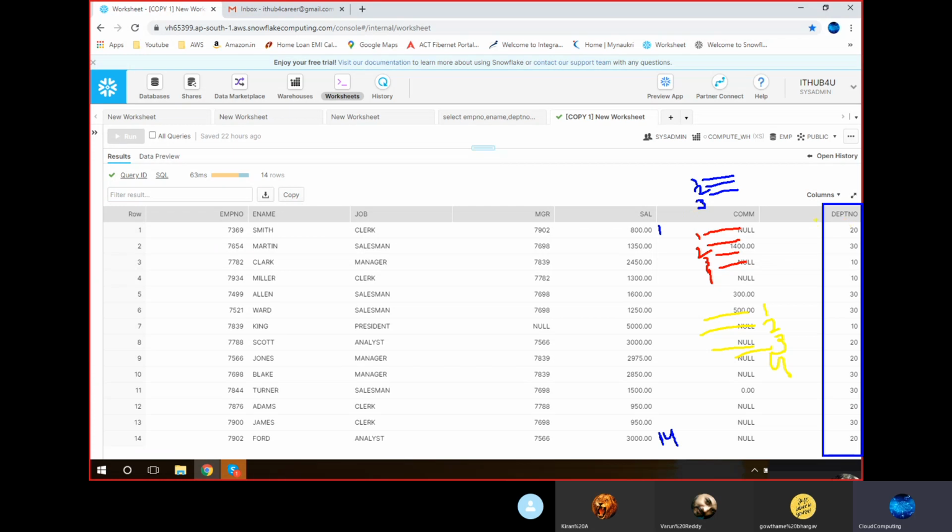If you want to make it partition by, the word itself explains that we are doing partitions. 10 is one partition, 20 is one partition, 30 is one partition. If you apply it like that for department 10, it will give row numbers like this; for department 20, like this; and for department 30, it will give row numbers like this.